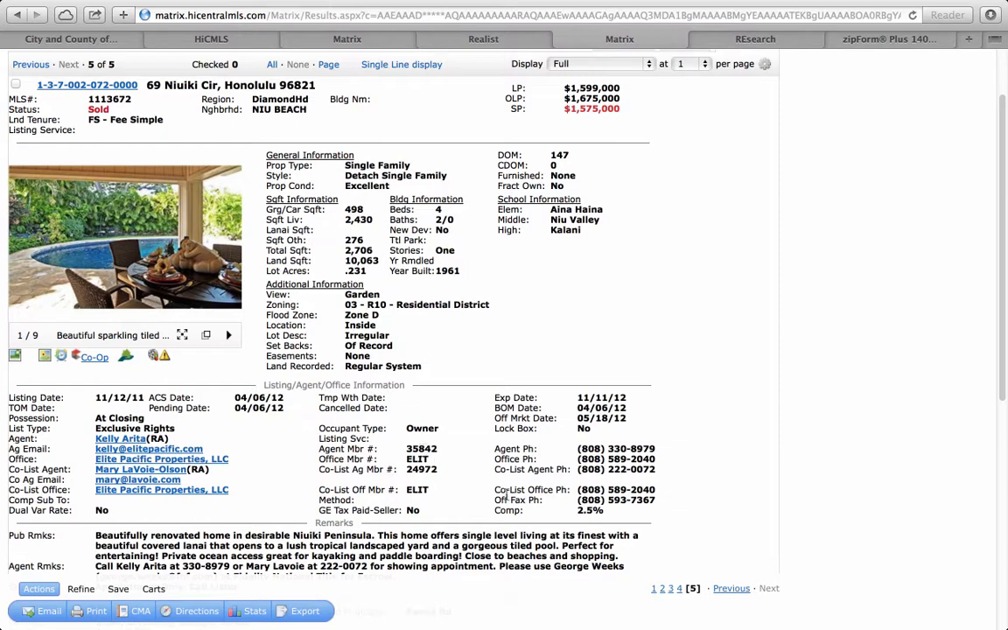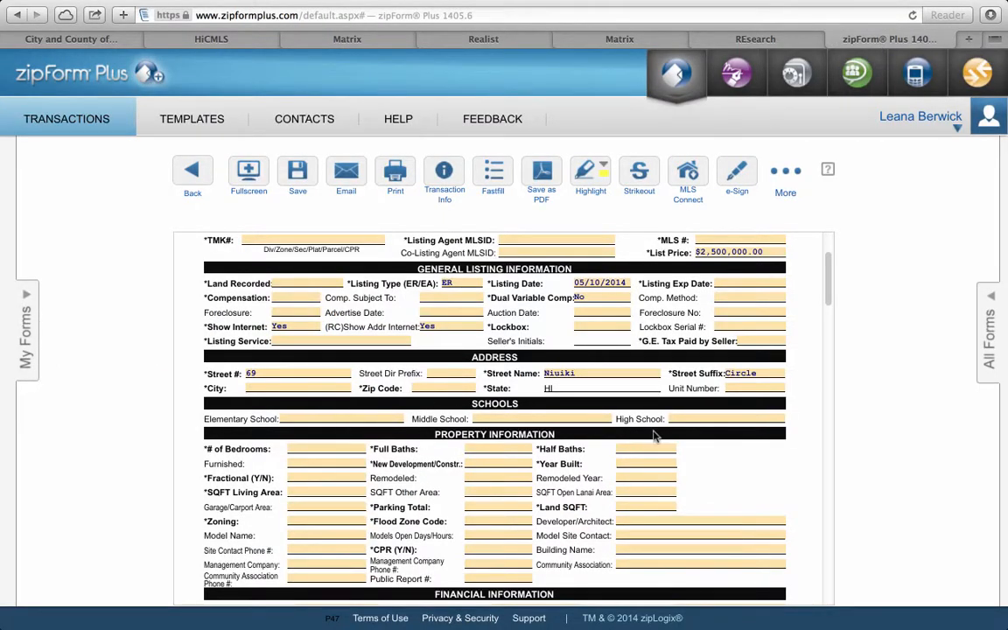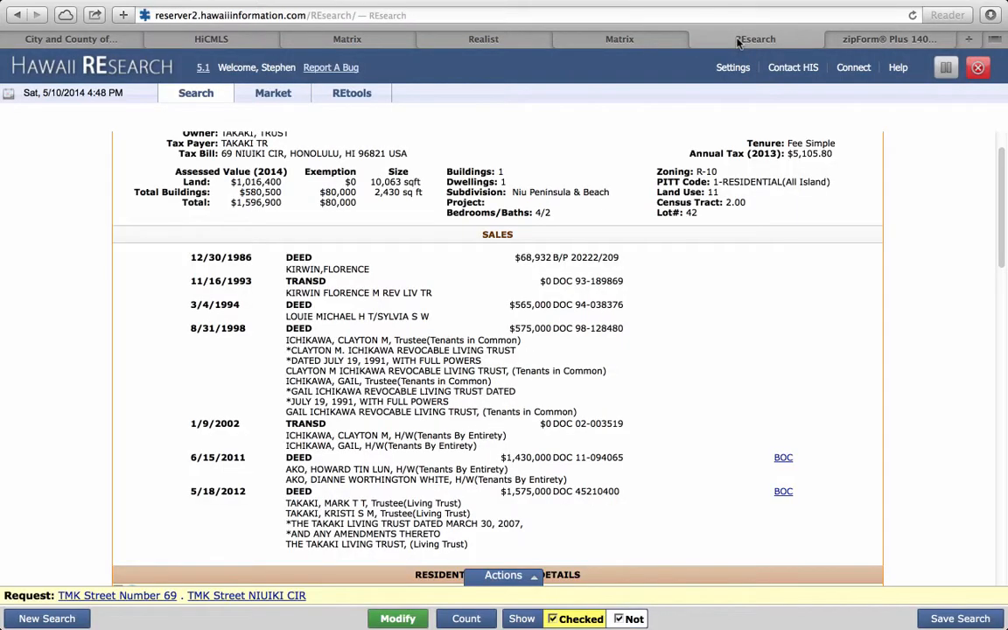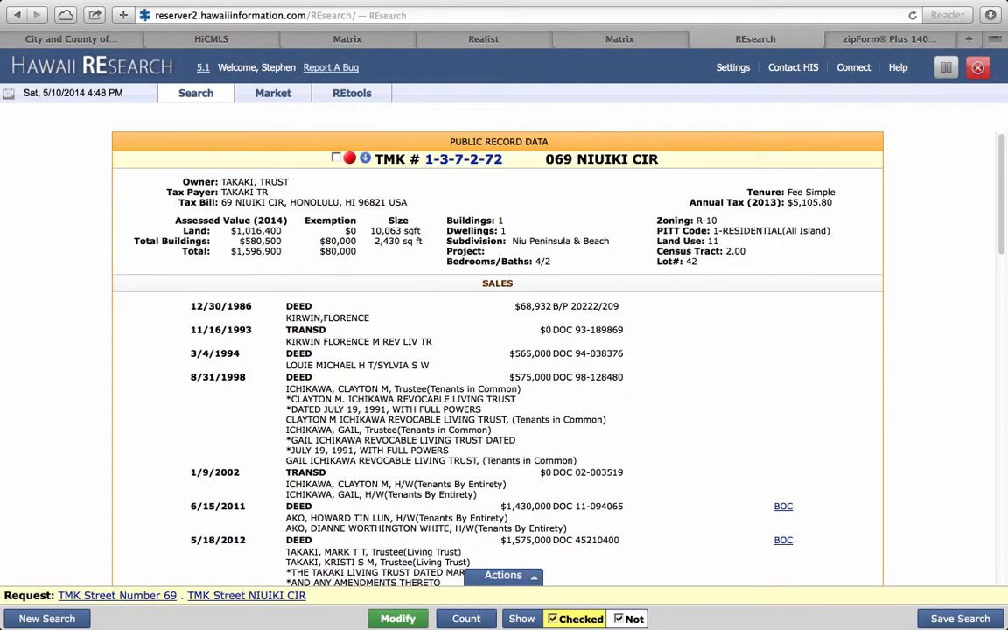You can go by the old MLS. You would see the elementary school, middle school, high school, and just take that and put it into your boxes here. Number of bedrooms and baths, that again can be taken from any one of these public record websites. So you've got building bedrooms and baths,